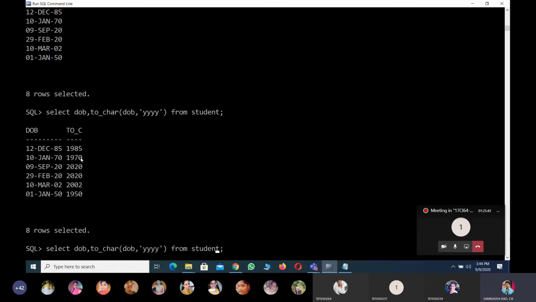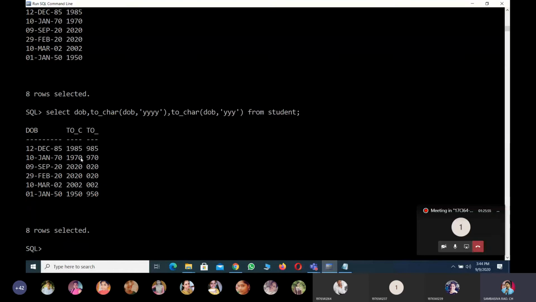Now if you need the year in a 3-digit format, simply use to_char on the DOB field and specify the format you need. 3-digit means for 1985 only 985, then 970, 020, 020.